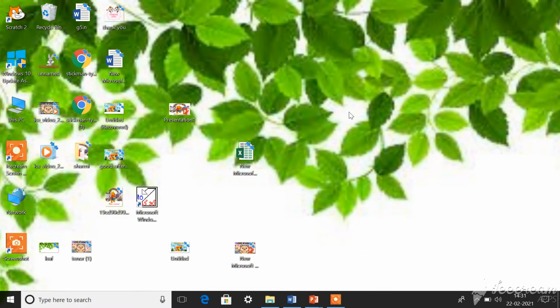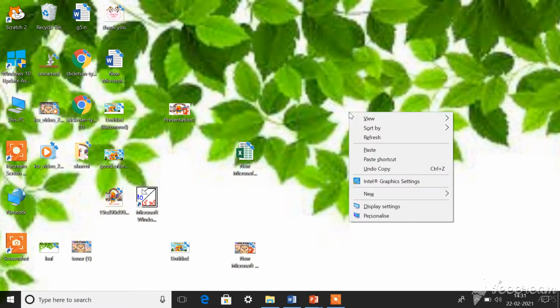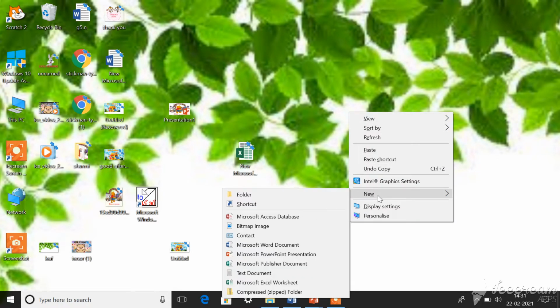Using your mouse you should right click first. In the options you should go to new. There in new, if you have already installed the Microsoft Office package in your system, then you will be able to get all these options in your drop down menu. There you can see the Microsoft PowerPoint presentation option.